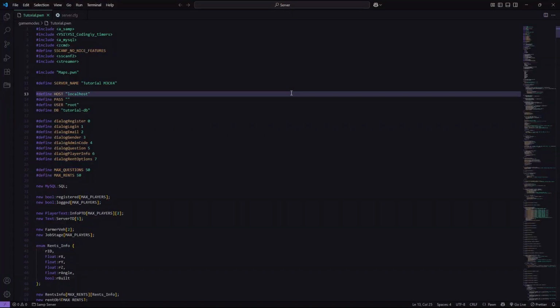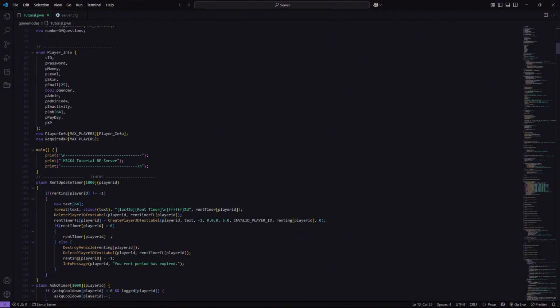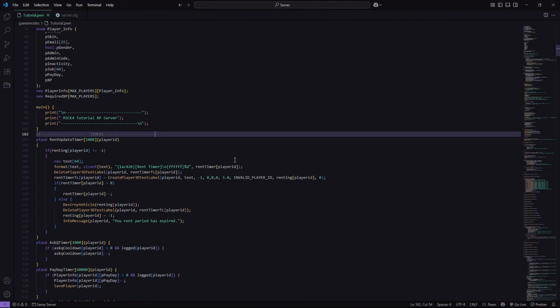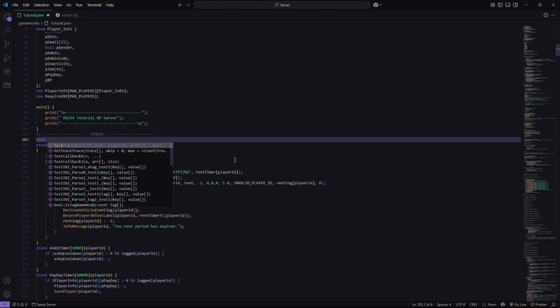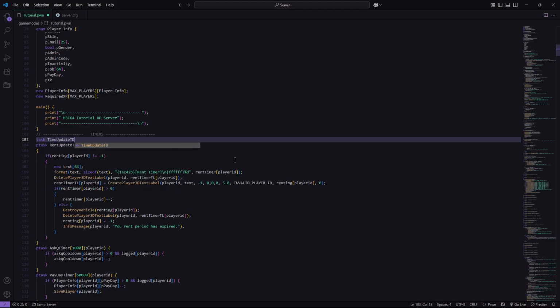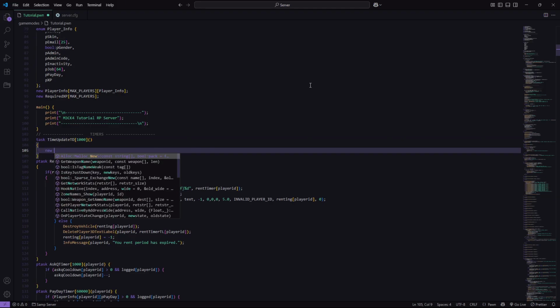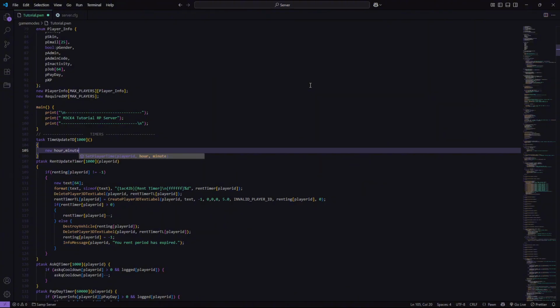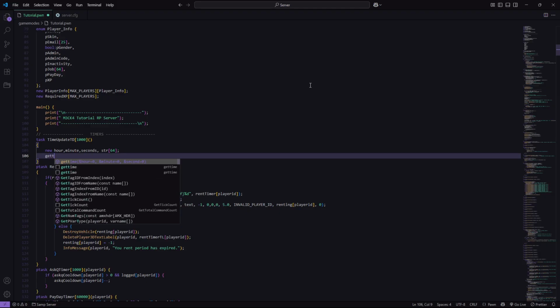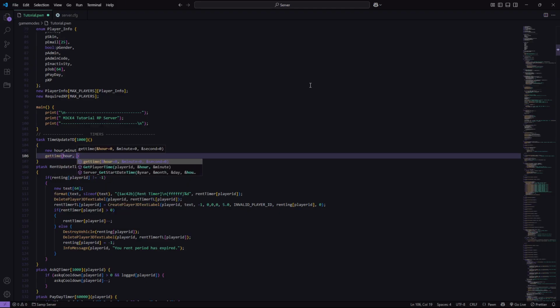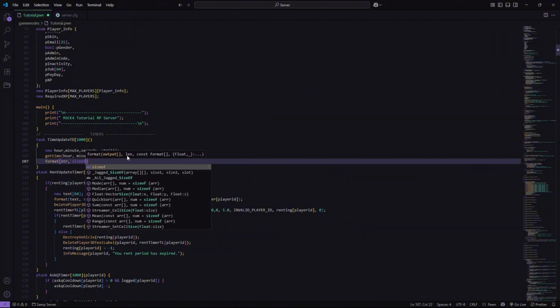First thing we can do is the timer. So if we go down here, I'm gonna type in task time update text draw, for example. I'm gonna put 1 second update and nothing in the parentheses. I'm gonna make new hour, minute, second and string variables. I'm gonna get the time and store it inside the hour, minute and seconds, and then I'm gonna format the string